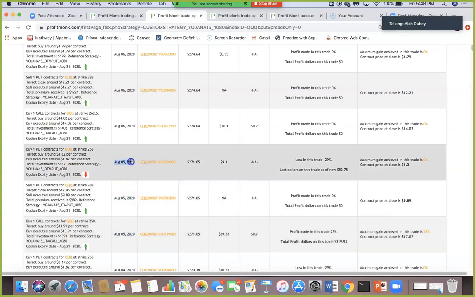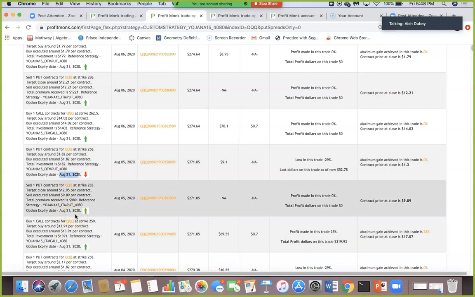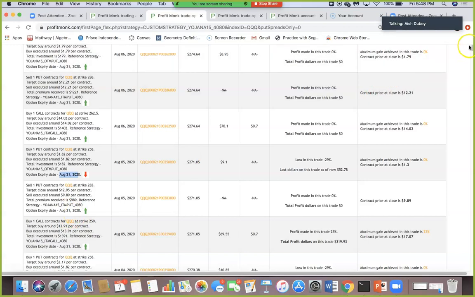Of course, it'll pick up the strikes slightly differently each time, depending upon how the numbers and volatility, etc., are in the market. It will pick expiry also based on how the volatility is looking for these trades. But typically, what I've seen is that this ranges between 2 to 4 weeks of expiry. For QQQ, the expiry day of the week is always Friday. So these dates will always be Fridays. So that's what happens generally.